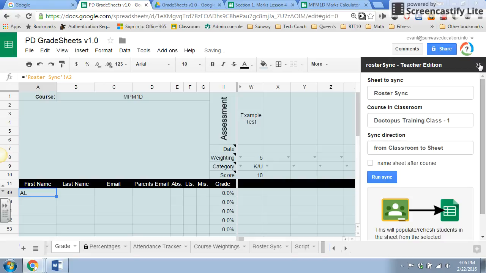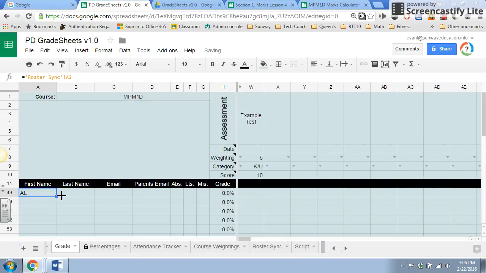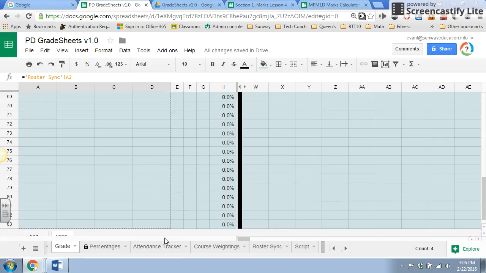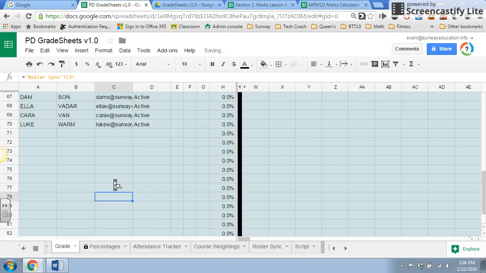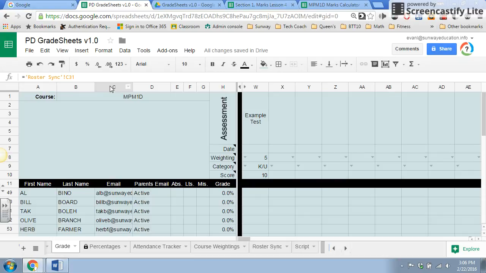Go ahead and close this. Then we can just drag across. Drag down as well. So we're not taking up as much room here, you can always hide these two columns here,